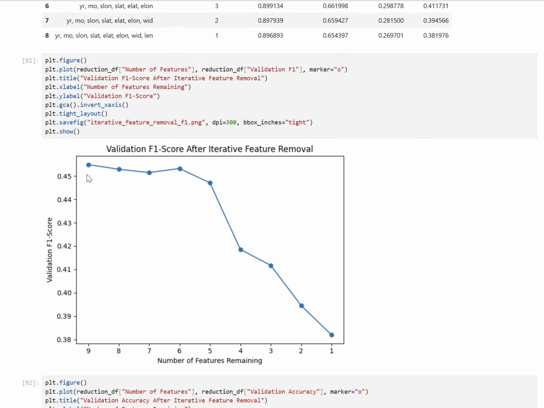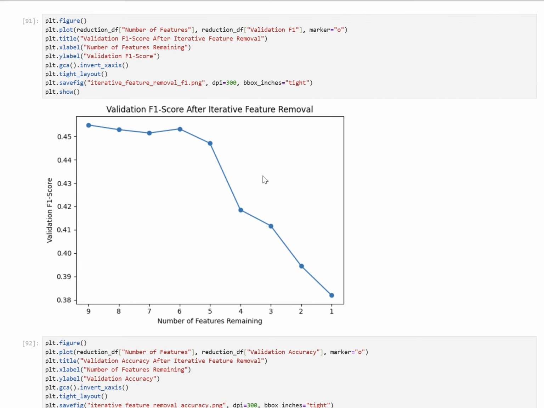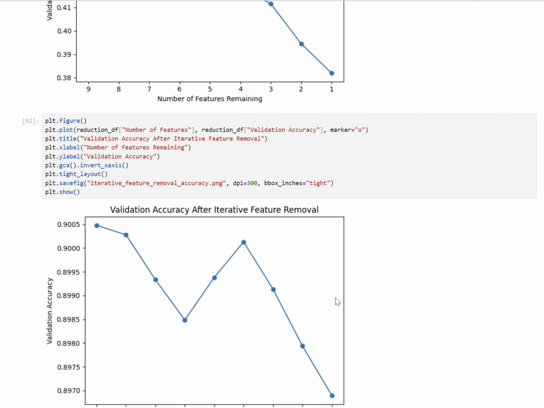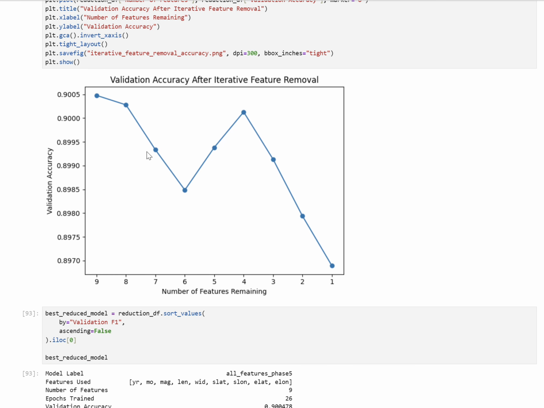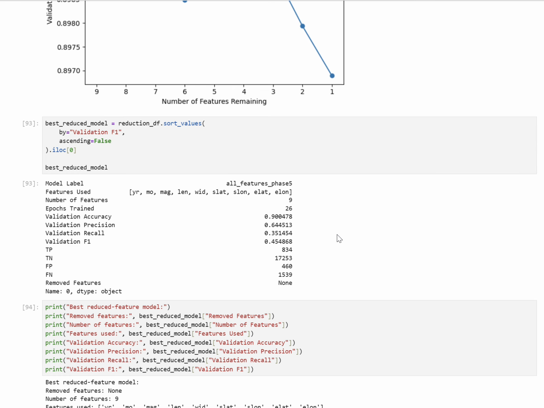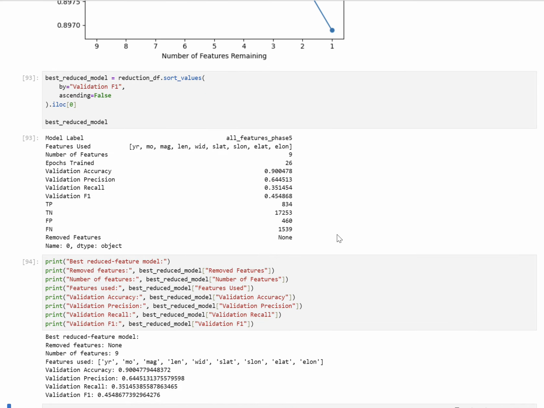But you can see that every single time we remove a feature, the F1 score goes down, especially after we remove some of the more important ones, it drastically goes down. That being said, this is the validation accuracy after every feature removal. That being said, the best model, I wish it was one of the ones we just did, but no, it's actually having all 9 inputs, and that could just be because year, month, days can be important, where it starts and where it ends as well. Maybe the neural network is able to pick up on things that are not there.